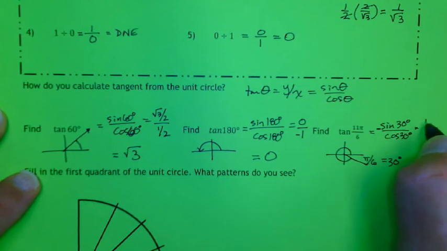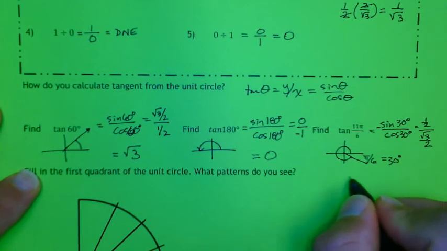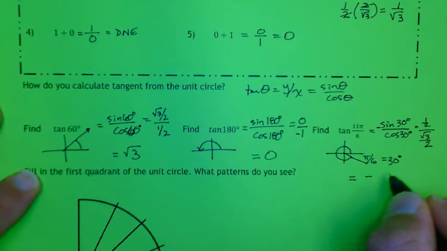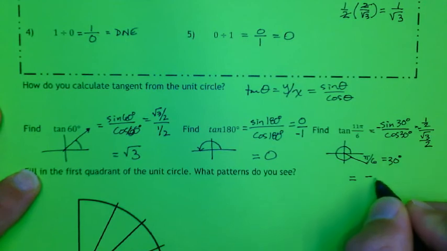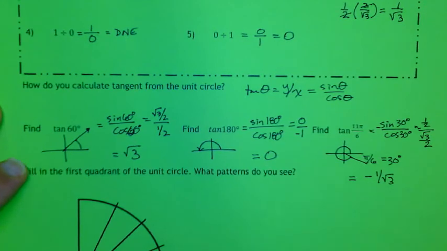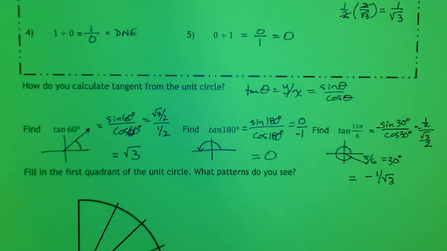And that's going to be 1/2 divided by root 3 over 2, which then is equal to negative, let's put that negative in there, 1 over the square root of 3. Okay? Those are items with which we need to be